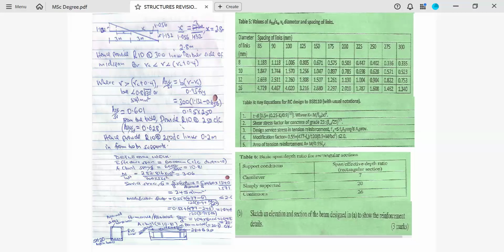Now, to sketch reinforcement detail, this is how we do. The first one on the left-hand side is along the cross-section of the beam. We cut the cross-sectional area of the beam. Here you can see 5H20 bars in the bottom. In the bottom, we call them tension bars. And because we didn't require a compression bar, we just provided two diameter 12 bars to act as hanger bars over which the 10 diameter links